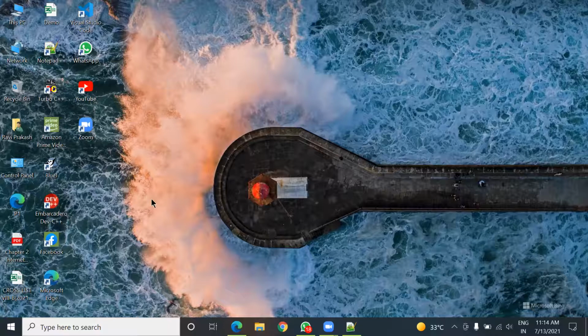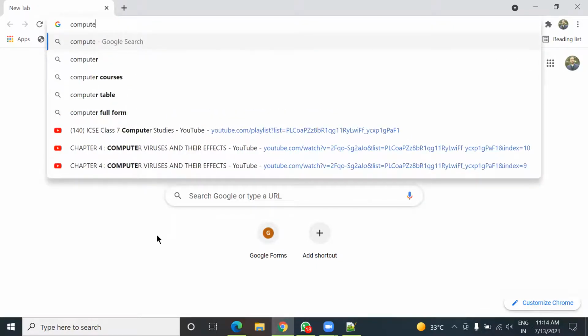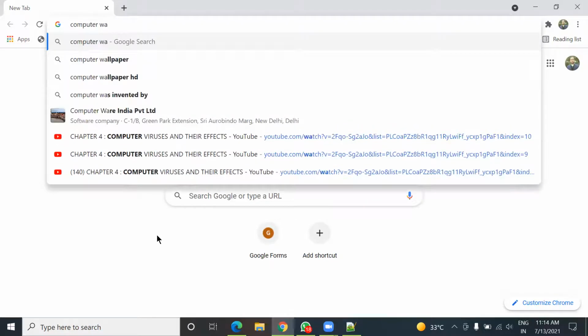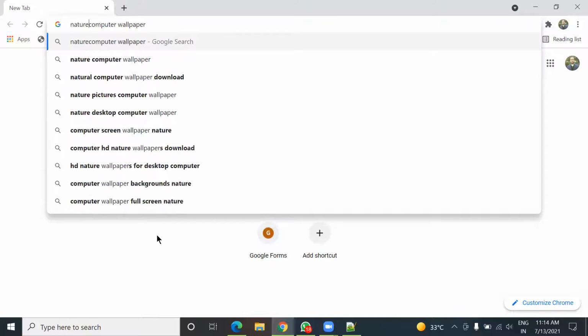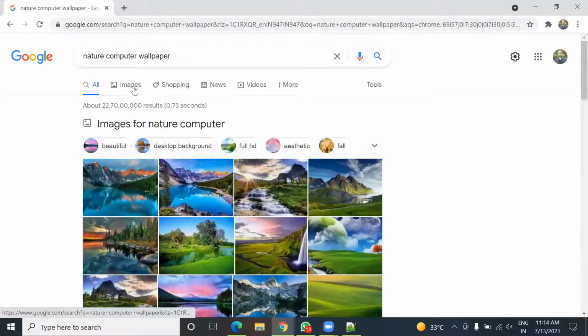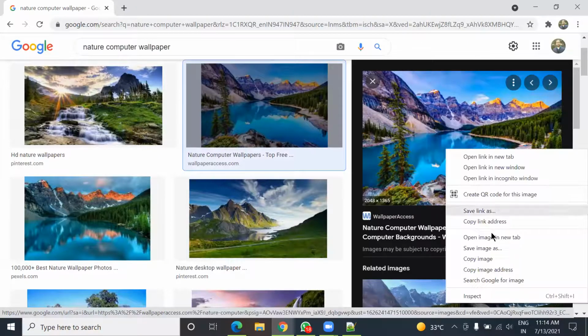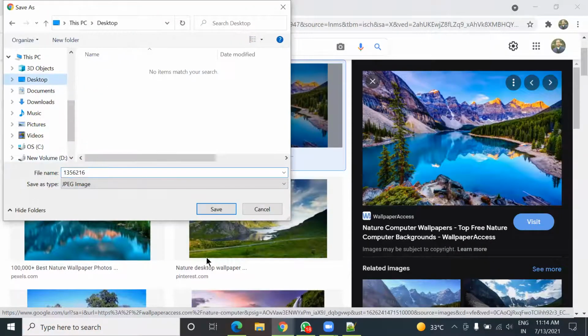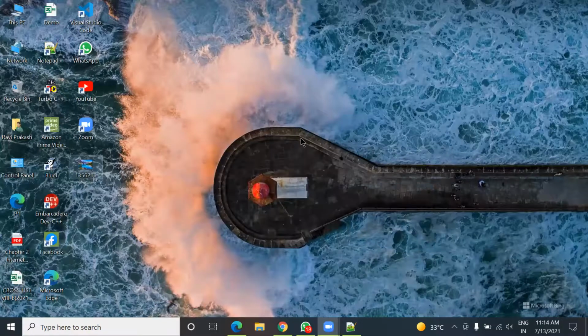So first let us download a picture, then we can apply it. So now a picture is here.